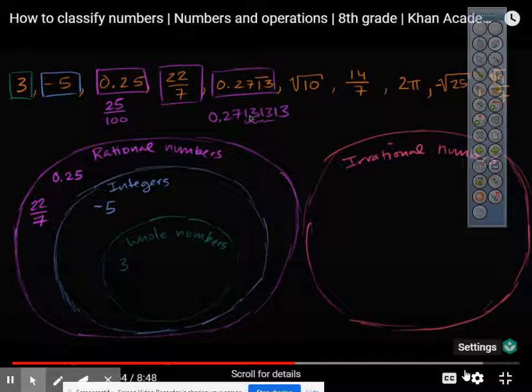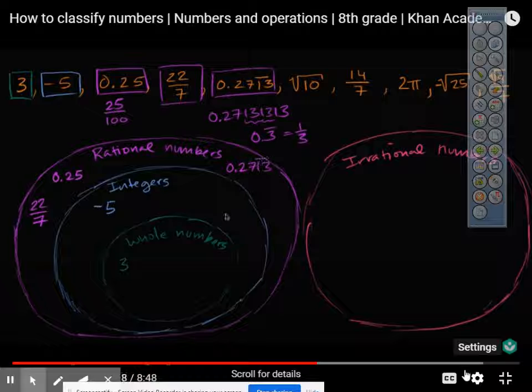For example, and I'm not going to do it here just for the sake of time, 0.3 repeating, that's the same thing as 1/3. And later on, we're going to see techniques of how to convert this to a fraction of two integers. But for our sake, we just know that this can be represented as a fraction of two integers, just the way that 0.3 repeating can be. And so we would put this under rational numbers,